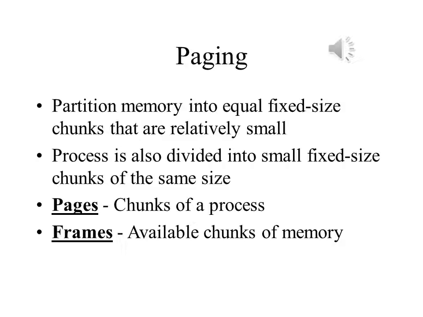Suppose, however, that main memory is partitioned into equal fixed size chunks that are relatively small, and that each process is also divided into small fixed size chunks of the same size. Then the chunks of a process, known as pages, could be assigned to available chunks of memory known as frames